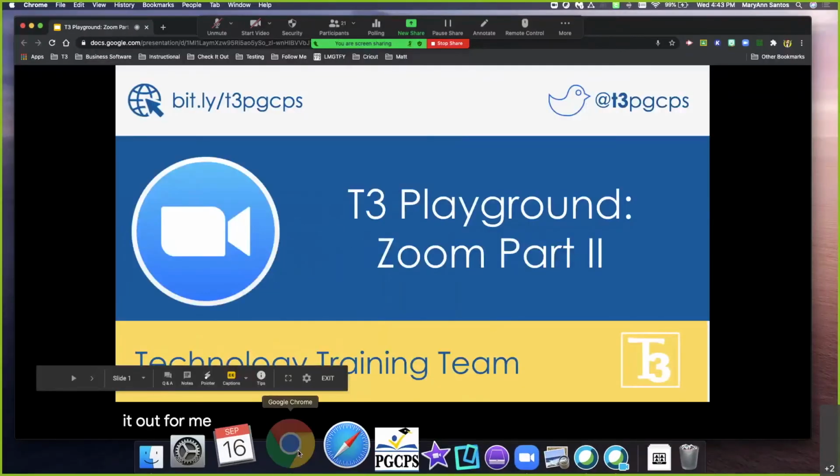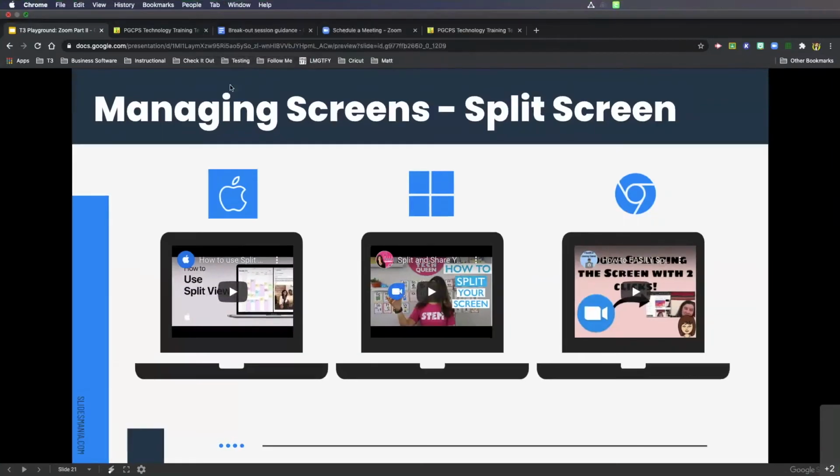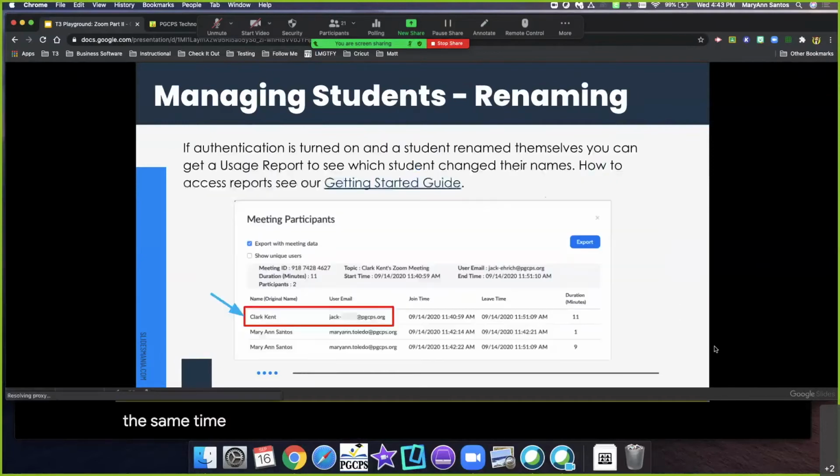I'm going to open that. Both windows are snapped open. So that is how you're able to manage two screens and show your students two screens at the same time. I do have the Zoom open still, but here,